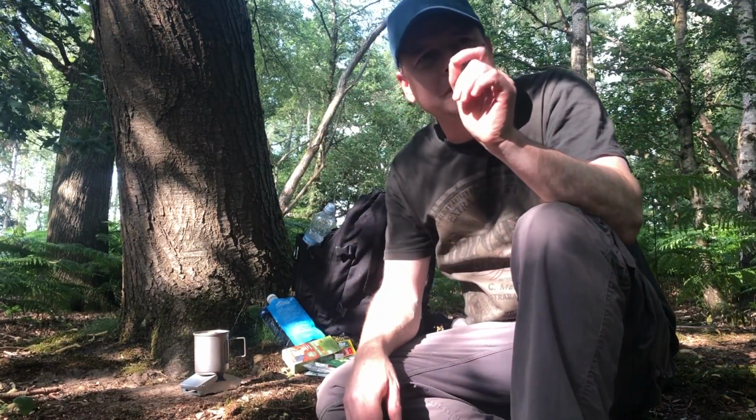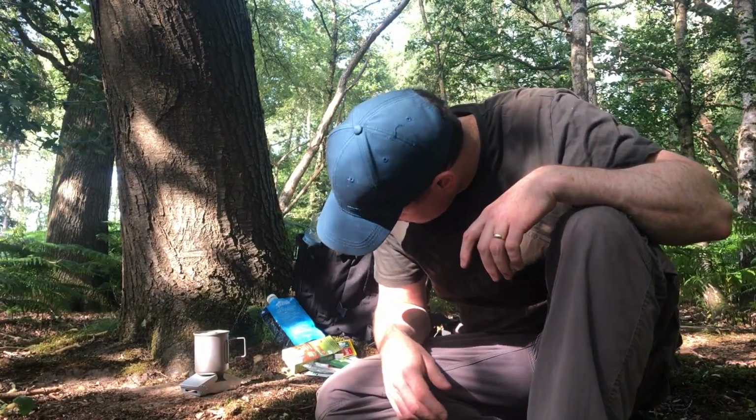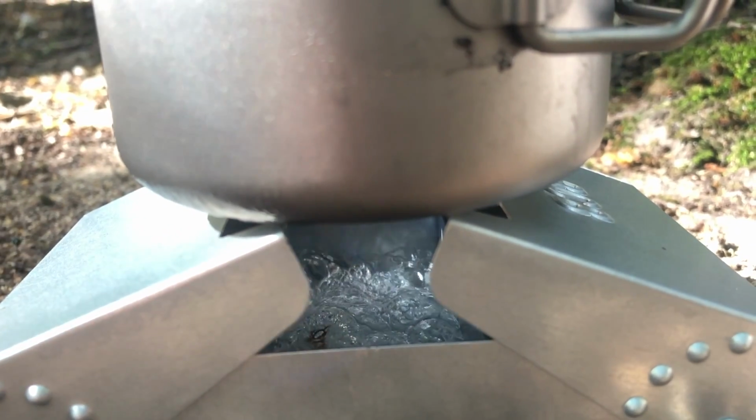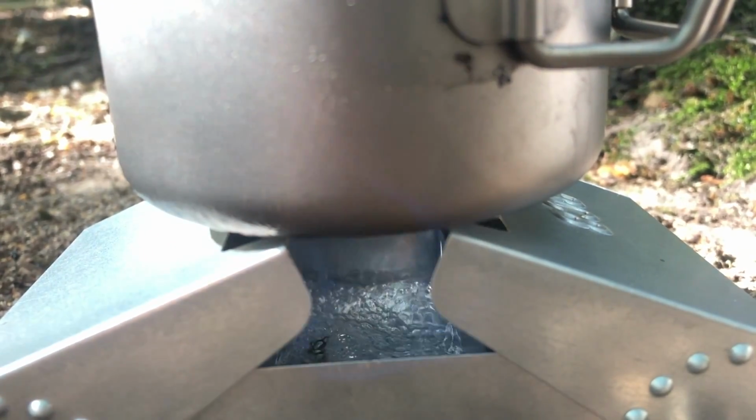It was just sort of bubbling when I first lit it. It was just bubbling on the edges, but looking in there now, it kind of looks like when you're making caramel out of sugar and water. The gel is all bubbling. So anyway,